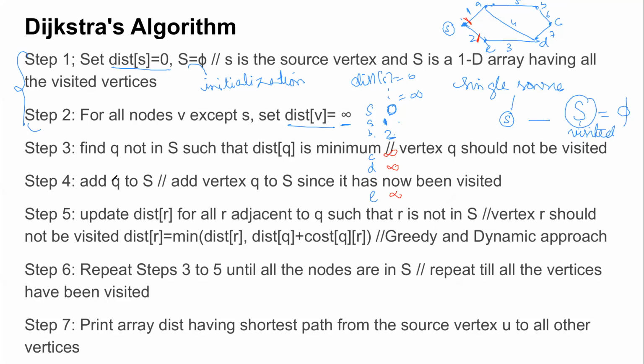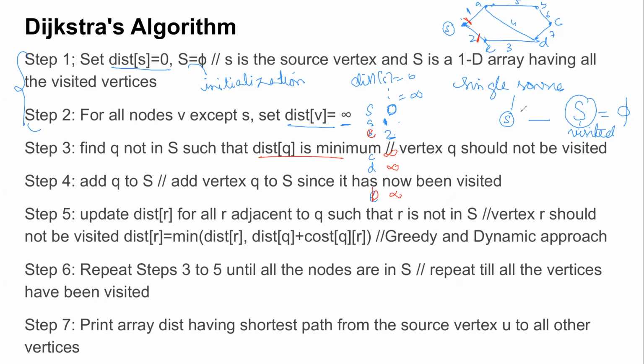After I have assigned the cost to all of them after the initialization step and my direct neighbors, the general idea is now in the entire list, check which has the minimum distance. You should definitely visit that, right? Now in this list, S is already there. Without S, which vertex has the minimum weight connected to S? A or E? So let me put it E here and B here.